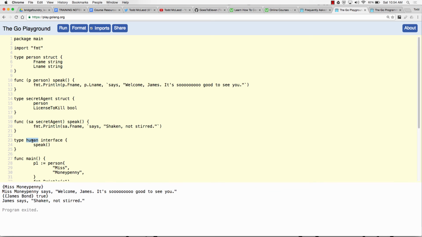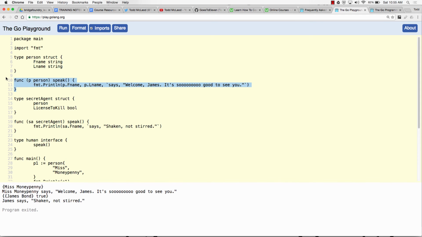It is of two types. It's both a person and a human. Or if you have a value of type secret agent, it is also of type human. Whoa.